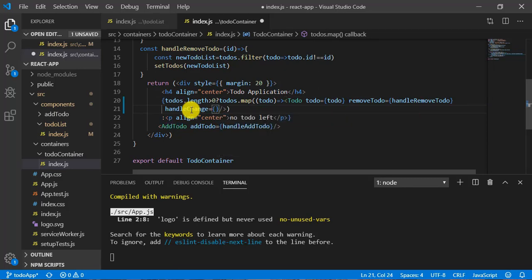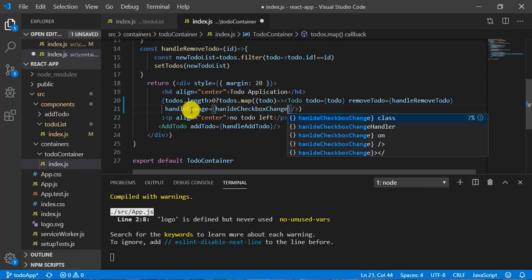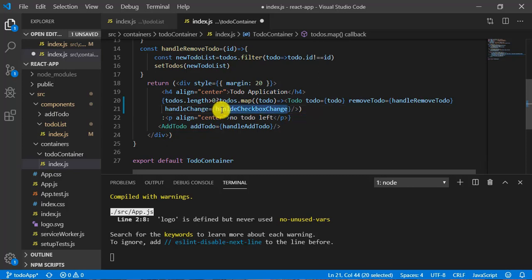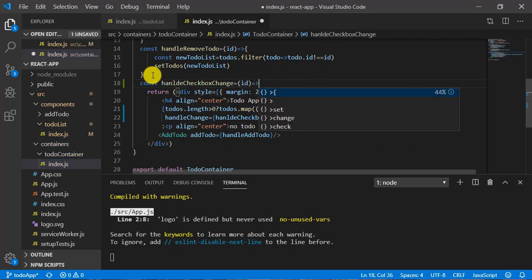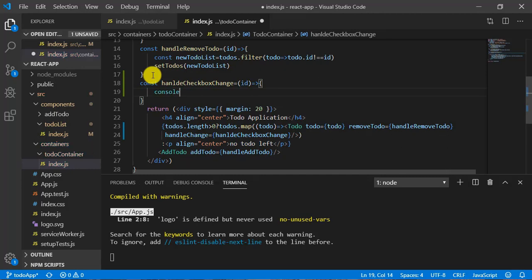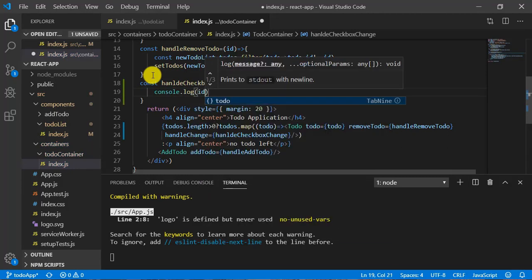Okay, and now we need to define a function. So handle checkbox change. This function doesn't exist right now, so let's define it here, and it is going to take a parameter called id, and let's do console log of this id.